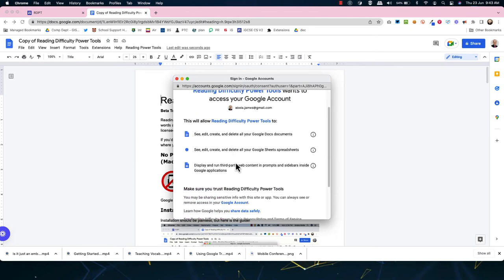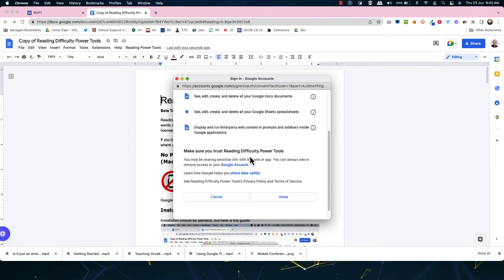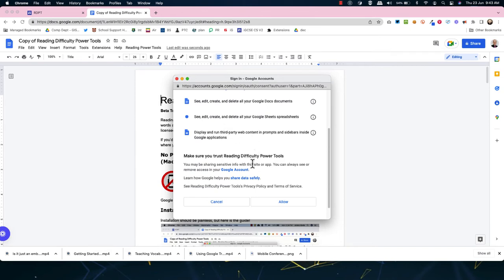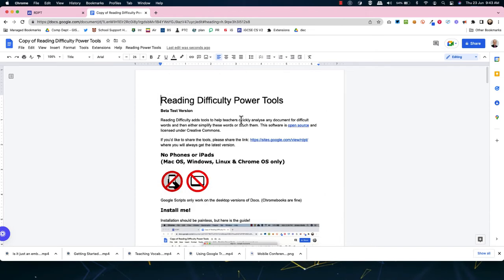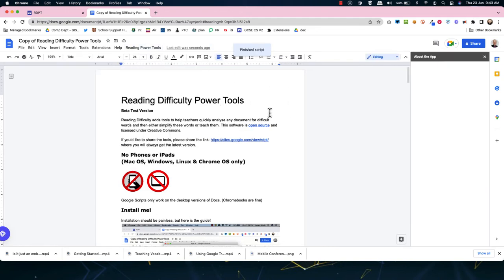These are the accesses I need just to allow me to make new spreadsheets and adjust documents. Says authorization is successful, so I just have to click on it again and the tools should now be fully